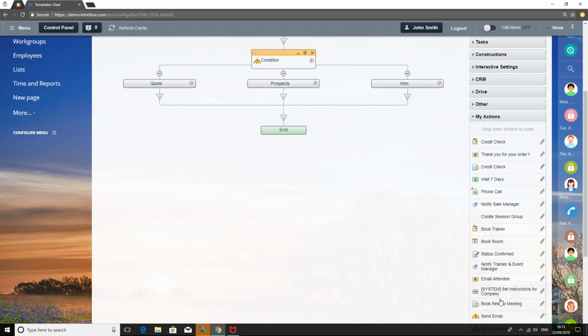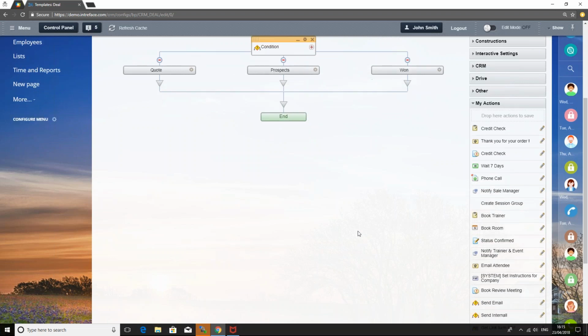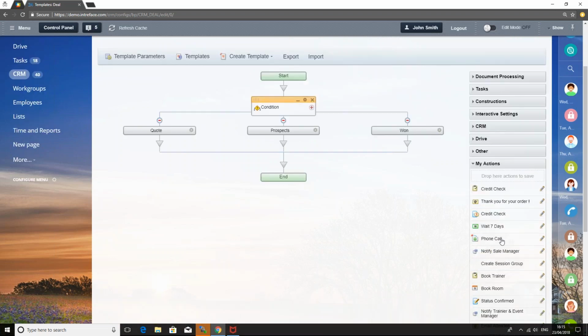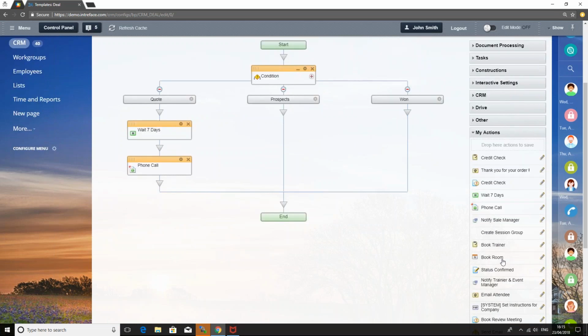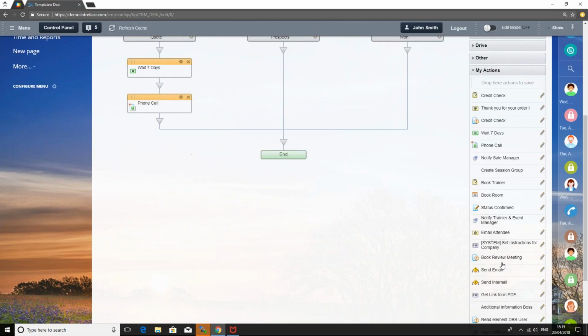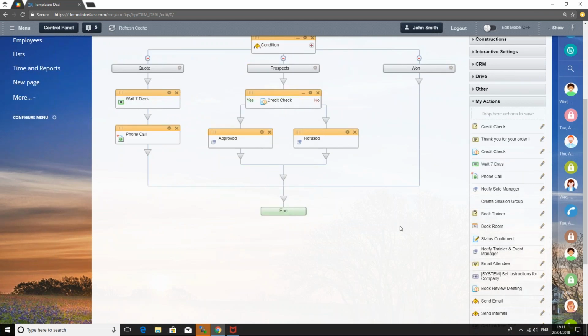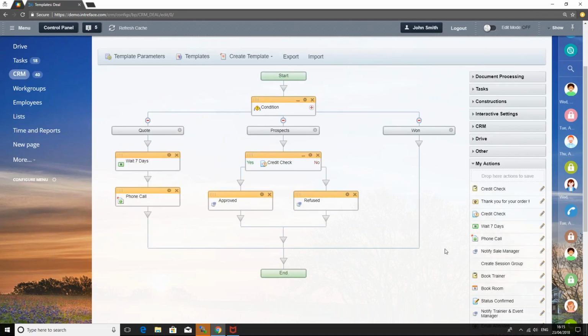So booking a phone call, prior to that we're going to wait for 7 days, and then we're going to perform a credit check on here. So you can see if you've pre-built action blocks, you simply don't have to create them again. You can simply bring in